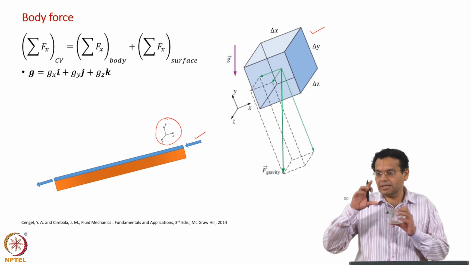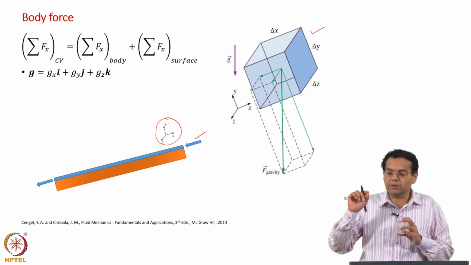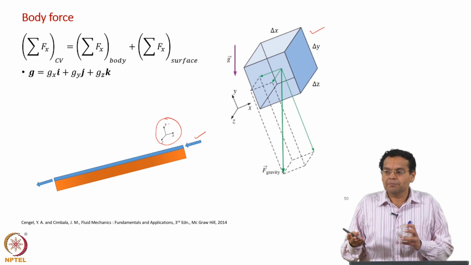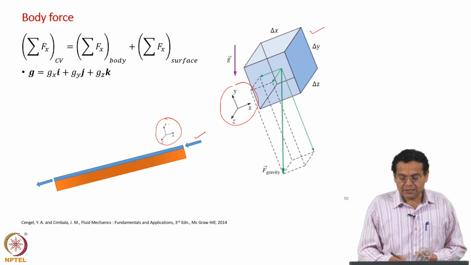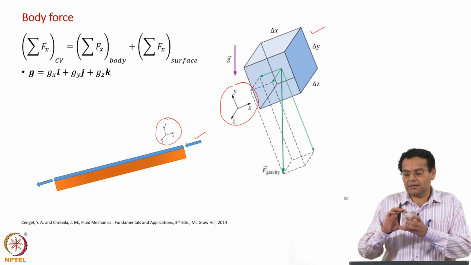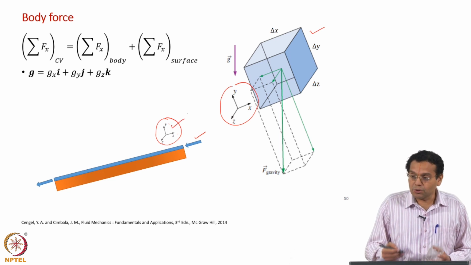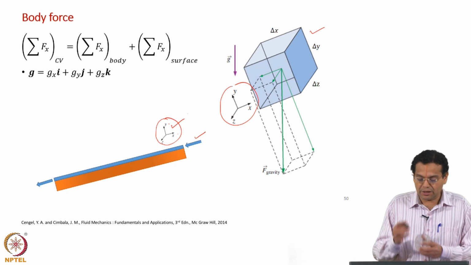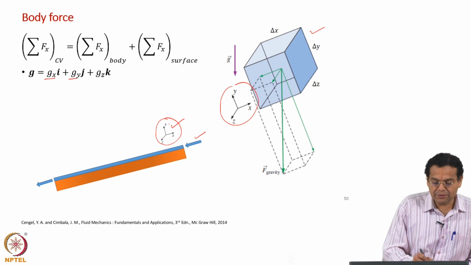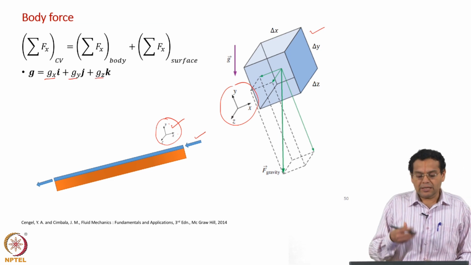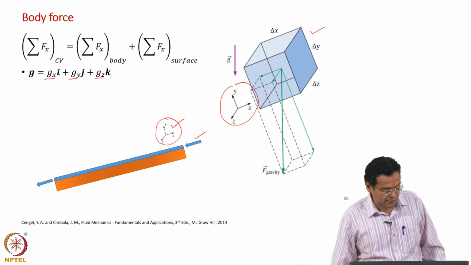Your gravity acts vertically downwards. If your coordinate axis also has one axis along that vertical direction, then there will be only one component of gravity, let us say g y or g z. But suppose your coordinate axis is more general, where the vertical axis is not aligned along the gravity, then you can have components of gravity along your chosen x y z axis, which are not your regular x y z axis. That is why in general we represent G as gx i, gy j, gz k. In earlier examples we had only one of them, either gy or gz. So, to make it more generic, we represent it this way.